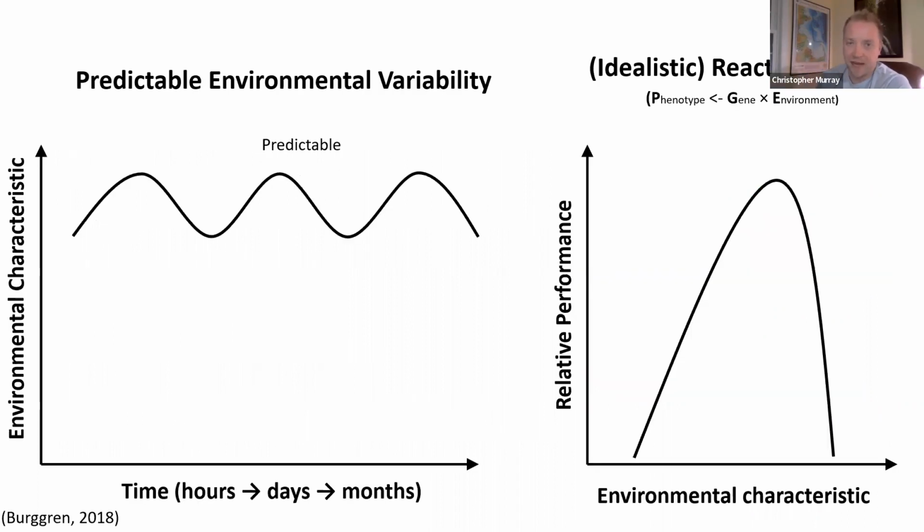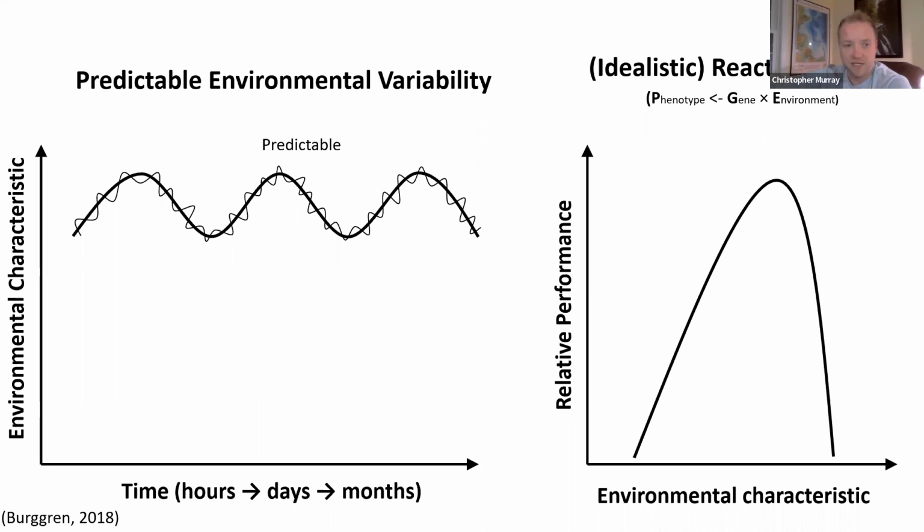So just to talk about this a little bit schematically, the panel on the left shows typical environmental variability over the course of either a day, an hour, or a season. You might recognize this as a temperature fluctuation across the four seasons. This sine wave could also be oxygen fluctuations in a nearshore habitat over the course of a day-night or a tidal cycle. Generally, it's much more noisy and irregular than these clean sine waves, but the general pattern is there. And organisms that live in these environments are well adapted to the natural variability.